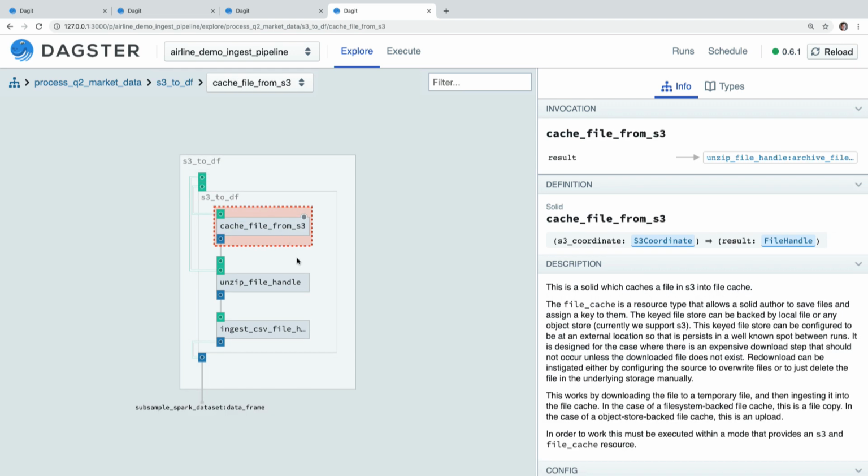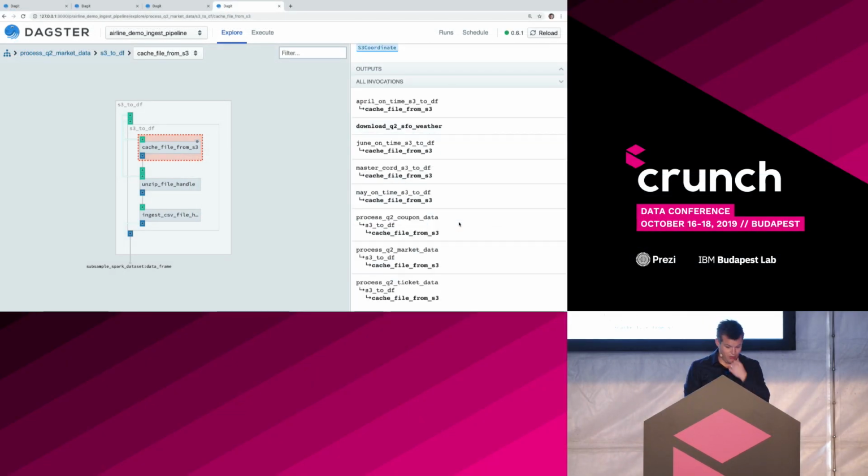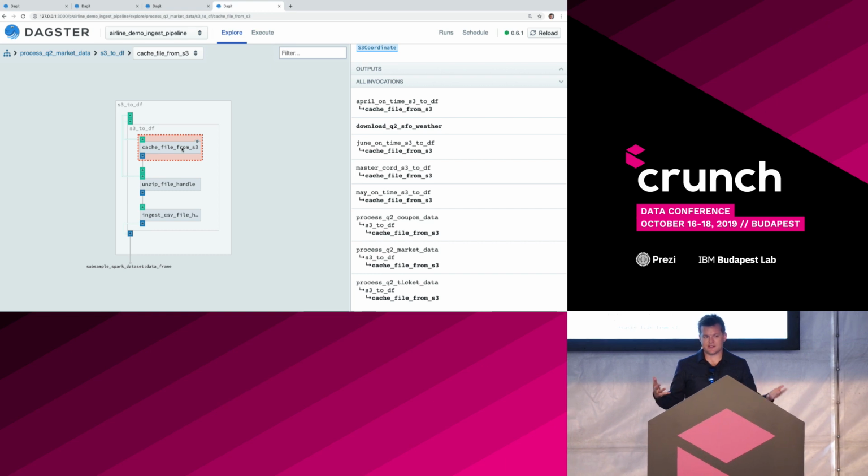Now this is nested, and it actually makes it so you can reuse this thing all over the place. For example, this one solid, which caches a file from S3 in some local cache, is used like 8 times throughout this pipeline in different parts of the stack. This is a level of reusability and composability which does not exist in the existing systems.